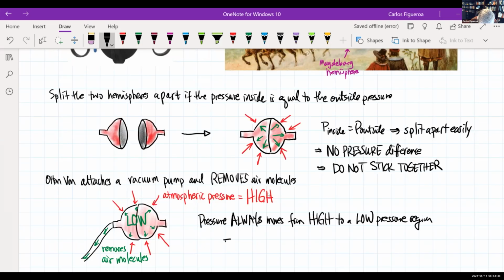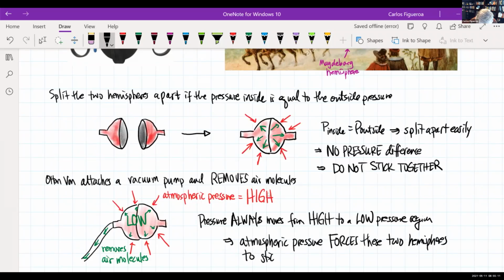And so what that does, the atmospheric pressure forces these two hemispheres to stick together